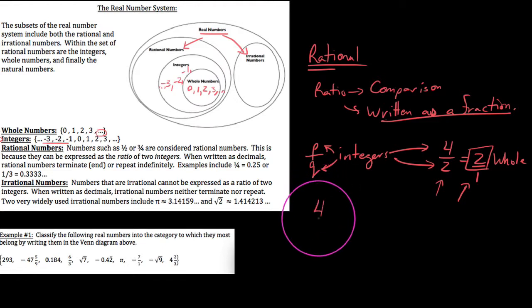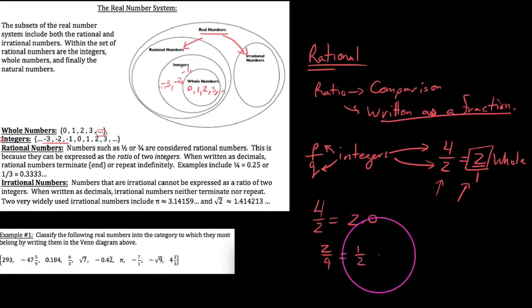If we were to put, say, 4/2 into a calculator, we'd get 2.0. Or if we were to put 2/4 into a calculator, which is a half, that's another rational number, we would get 0.5. We would get a decimal. You notice this decimal stops. What if we were to put in, say, 3/9, which is the same thing as a third? This would be